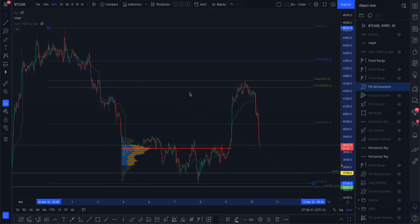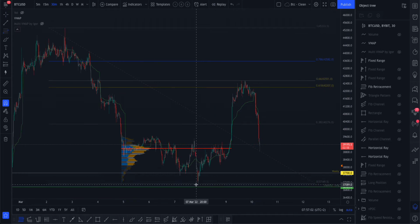So I've got this Fibonacci that I pulled from the highs in the beginning of the month to the low, and then you'll see we're exactly on the... we rejected off that golden pocket, that 618 level of the Fibonacci. And then I think we also...